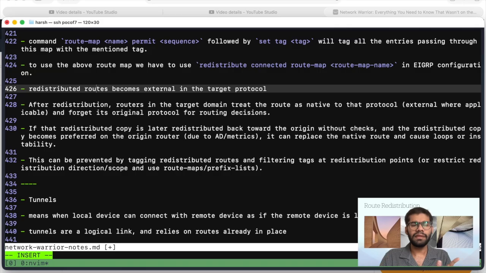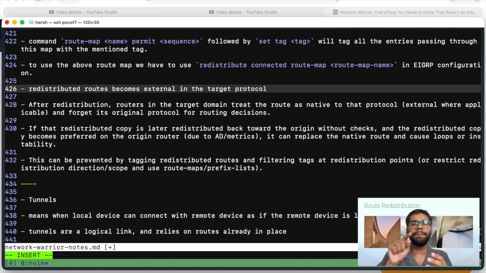Actually, I recall a scenario in which, for example, you are redistributing between the protocols EIGRP and OSPF, because EIGRP has an administrative distance of 90, while OSPF has an administrative distance of 110. Because of this mismatch, if the route comes back and forth in announcements, then there's a chance